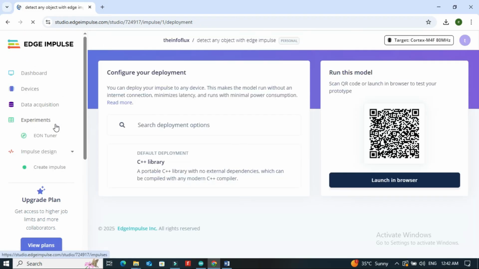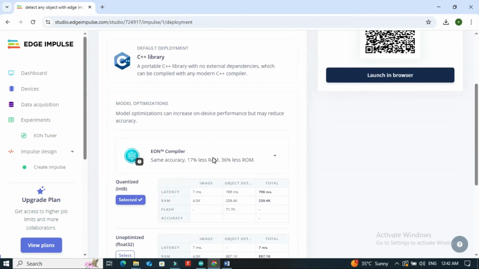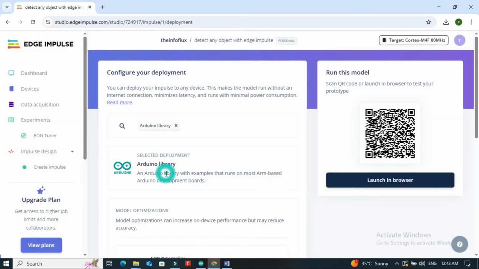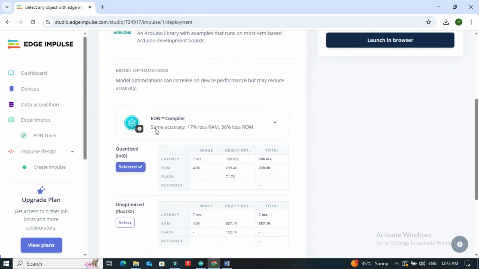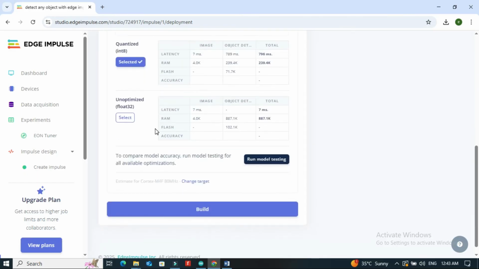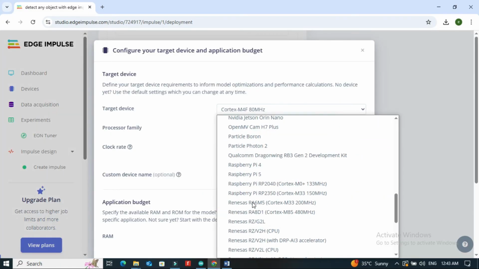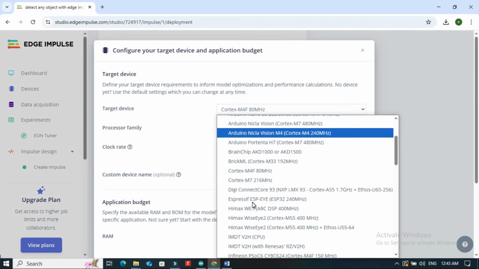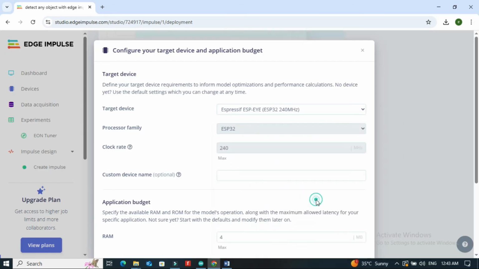Go to Deployment and select Arduino library. For target, choose ESP-EYE.